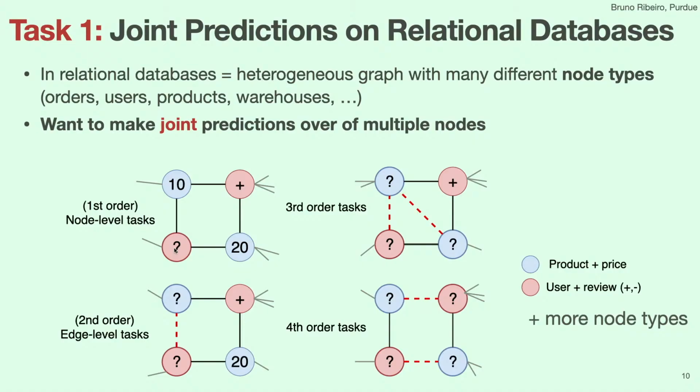And second order task is, say, an edge level task. Yes, a joint task over two nodes. You can also predict two labels together jointly instead of predicting the labels separately. And that would be a second order task. Now we have third order tasks. You can think about predicting triangles, but also you can think about predicting these labels together jointly. So you just produce what they all would jointly be. And then there are fourth order tasks and so on. So for a relational database, there are a lot of high order tasks that you would like to predict. Okay, so not just node and edge, but also higher order.